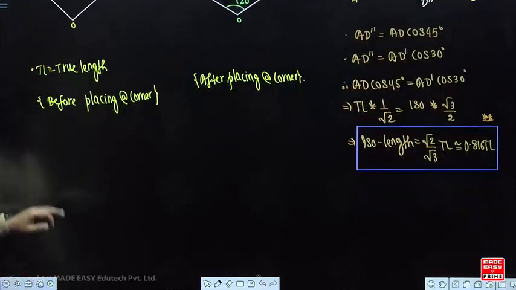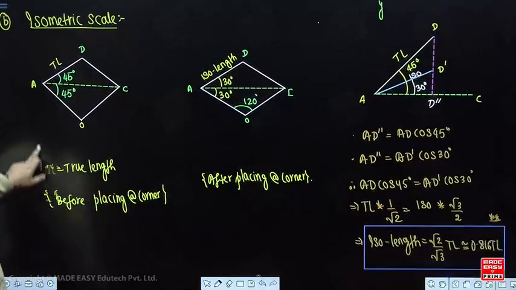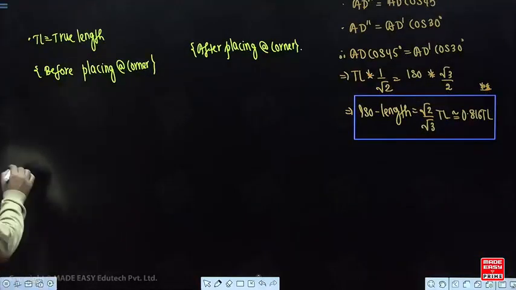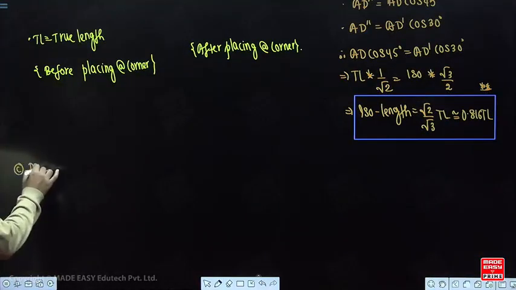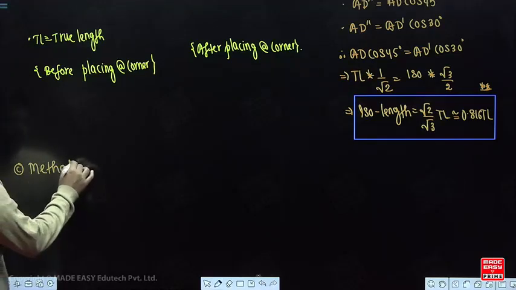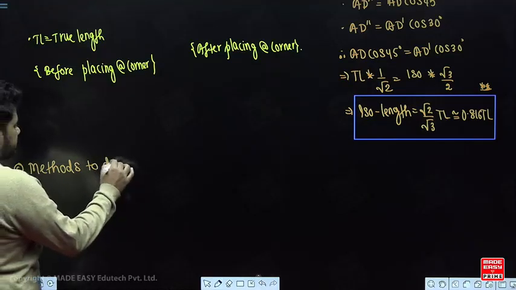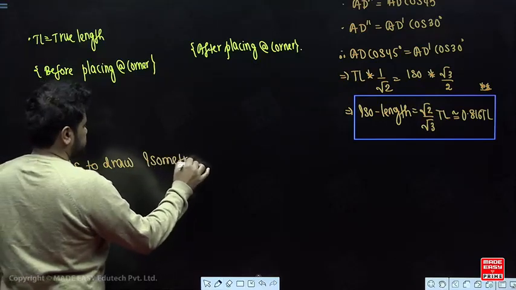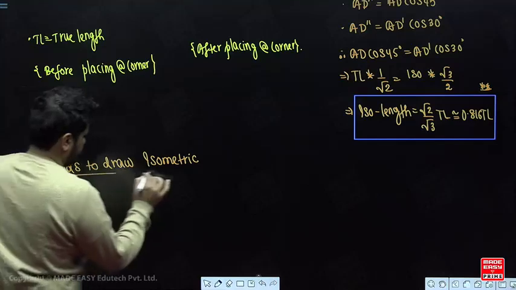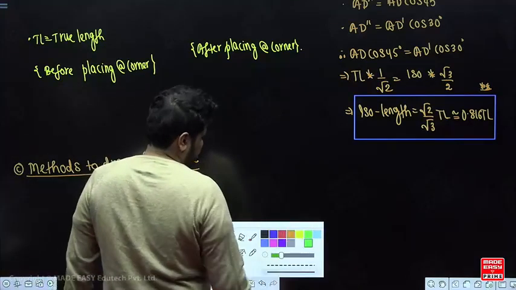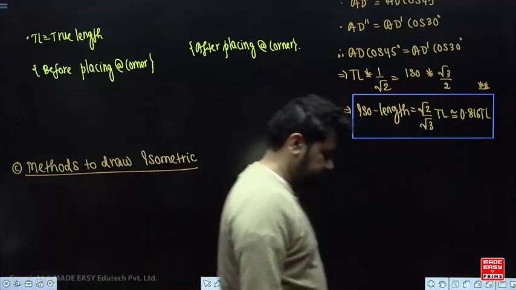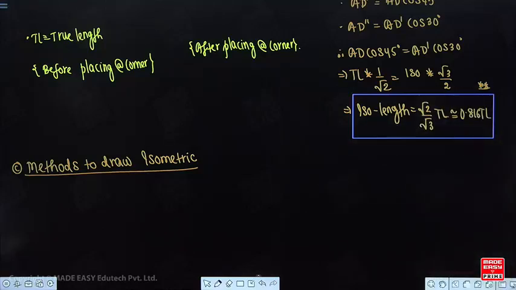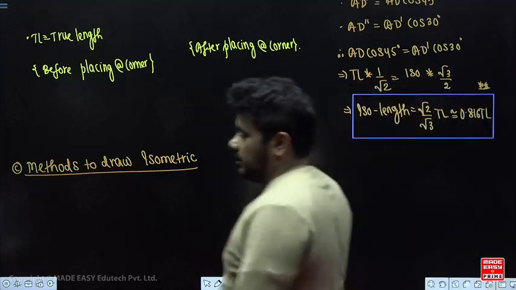ठीक है, okay. So this is B. Coming to the C. Methods to draw isometric projection. To draw isometric. Right. So next we have